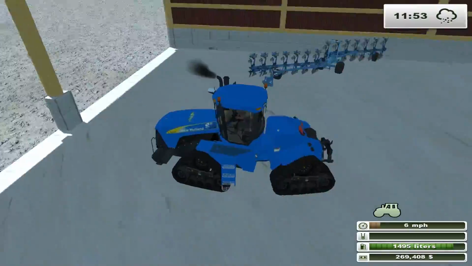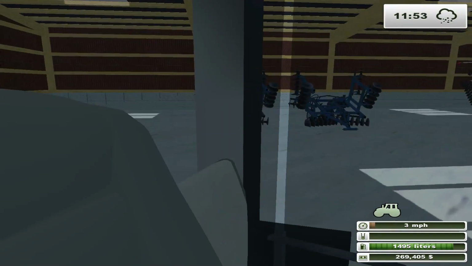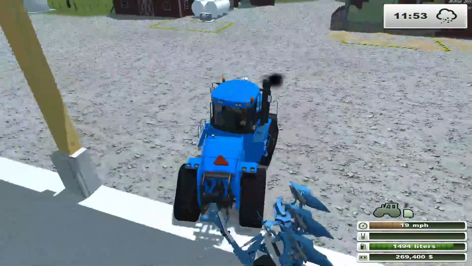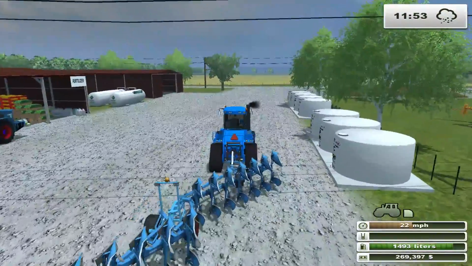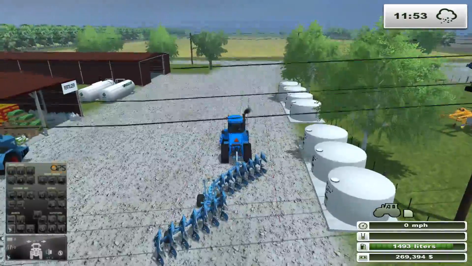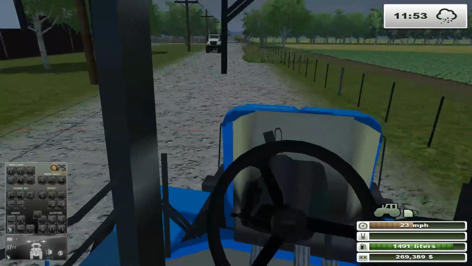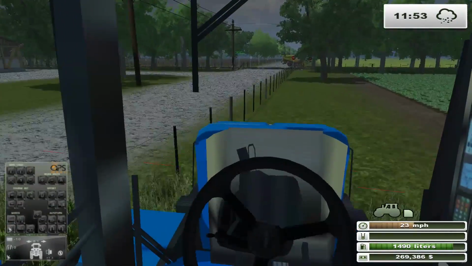Oh, who put that plow in there? Oh, that's right. You cannot see over that seat. Just out of curiosity, if you open GPS here, this says it. Oh, 8.1 actually. Wow. Okay, so that is definitely a little bit wider. The chisel plow there, I believe, is 5.4 according to the GPS mod, so...